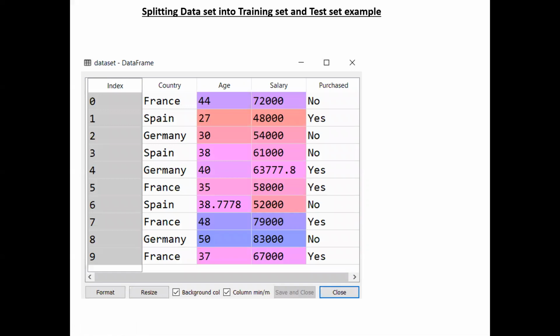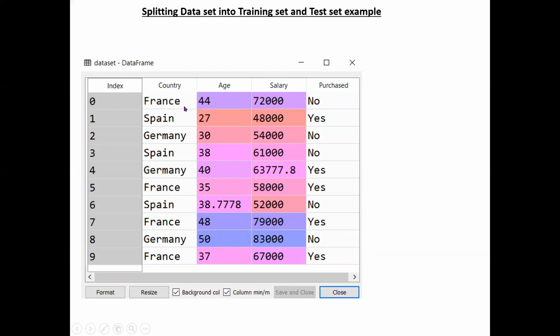Okay, so consider this example. The next two slides are very important, and these are applicable to any supervised learning. All the supervised learning algorithms work with this principle. So just listen carefully. For example, consider your data set consists of 10 samples, 10 rows. So 0 to 9, that means 10 rows. Actually, if you use R programming, it is 1 to 10, not 0 to 9. This is a Python screenshot, that's why it is 0 to 9. Whatever it may be, we have 10 rows of data.